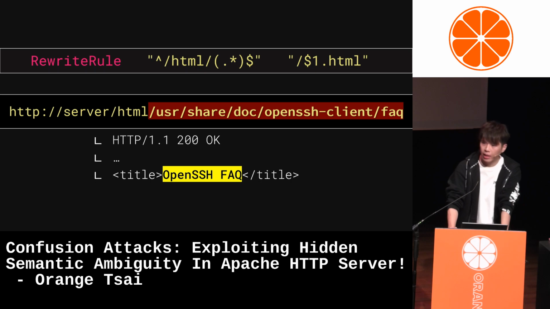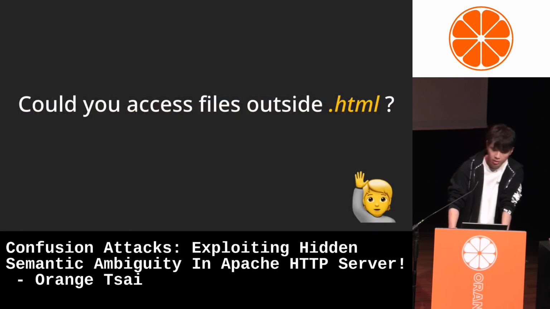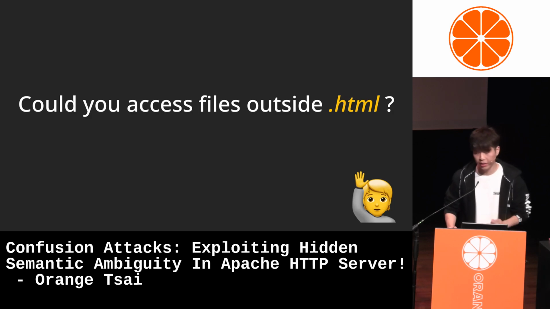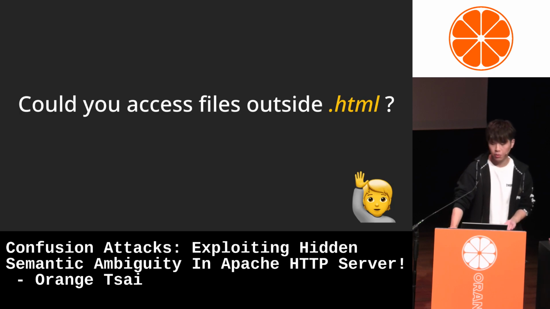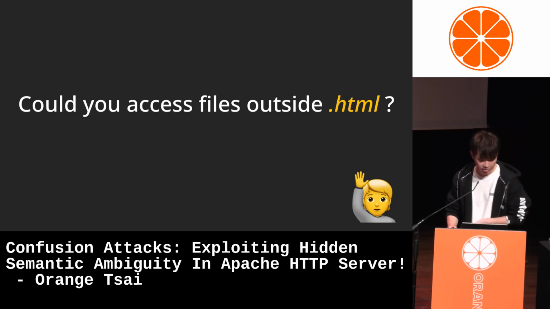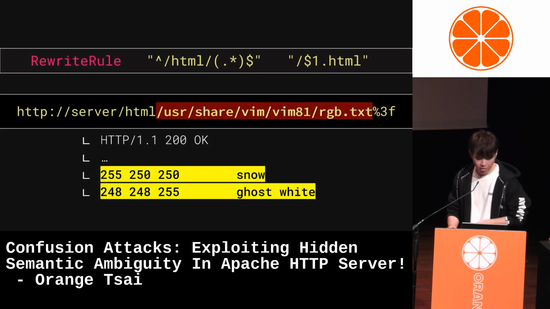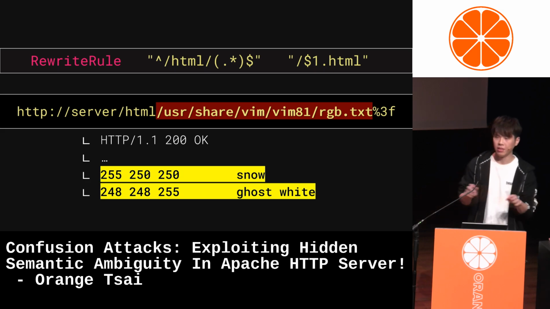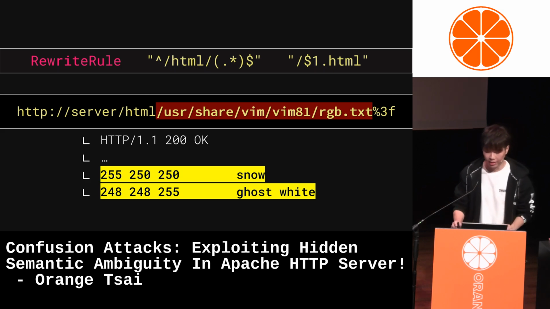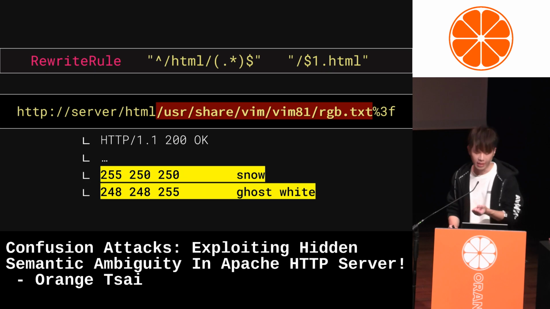So you might ask, can we access files outside the .html extension? I'm not sure if you remember the primitive of path truncation from the filename confusion earlier. We can combine them together using a question mark to truncate the extension.